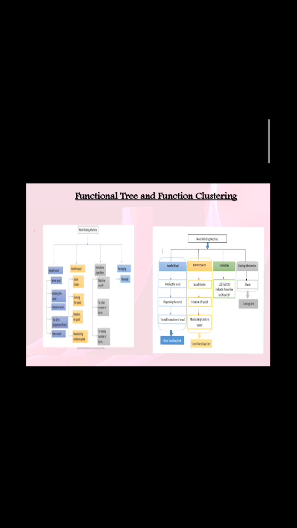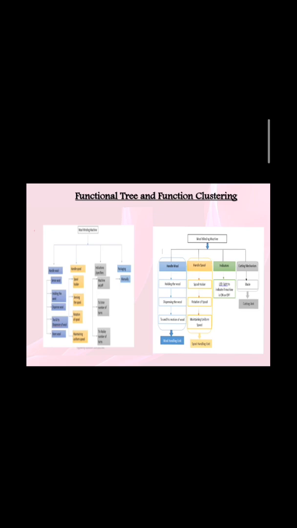In clustering, the wool winding machine project is divided into 4 systems. They are handle wool, handle spool, indicators, and the last one is cutting mechanism. Handle wool is further divided into 3 subsystems. They are holding the wool and dispensing the wool with to and fro motion. And here the final subsystem is wool holding unit.